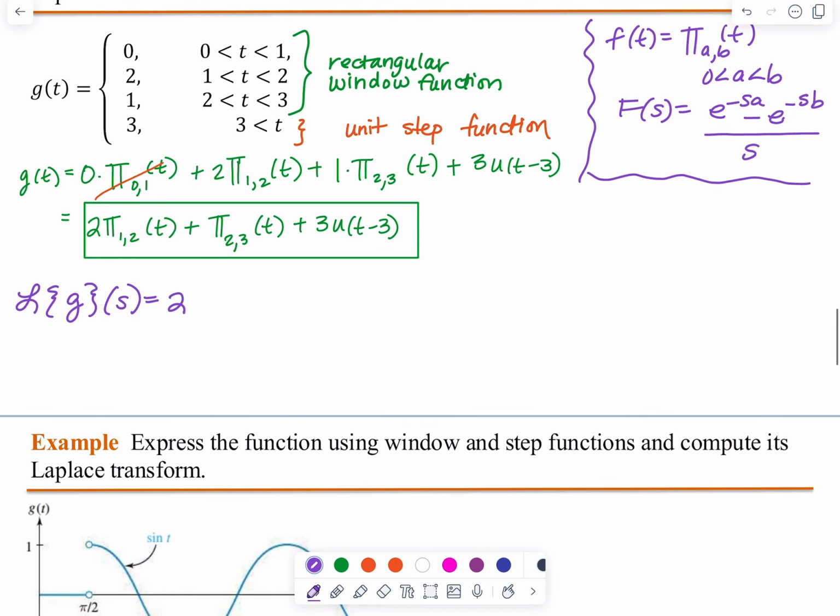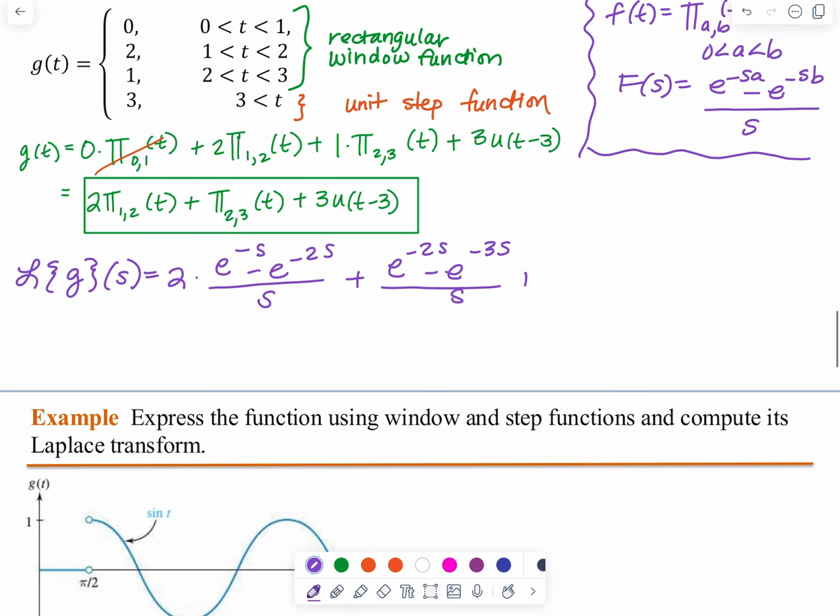So we will have 2 times e to the negative s minus e to the negative 2s all over s, plus, let's take care of this next window function. We have e to the negative 2s minus e to the negative 3s all over s, and then 3 times